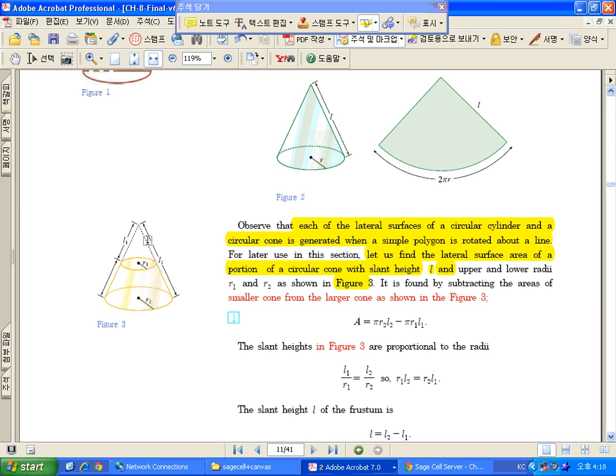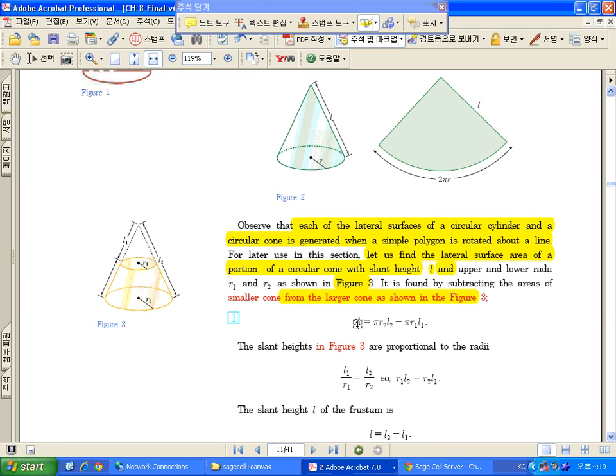Here L1 and L2 and R1 and R2 are the radii. It is found by subtracting the area of a smaller cone from the larger cone, as shown in figure 3,